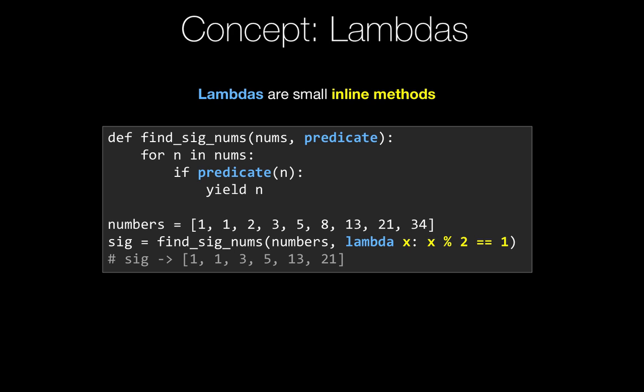And so that makes it very natural to write a method like the one we have here, find significant numbers, find sig nums, so it fits on the slide. You pass it a set of numbers and then some kind of method, and you can use this method to test, is this number in the set or is it out of the set? So this is an example of using functions as a first-class citizen,